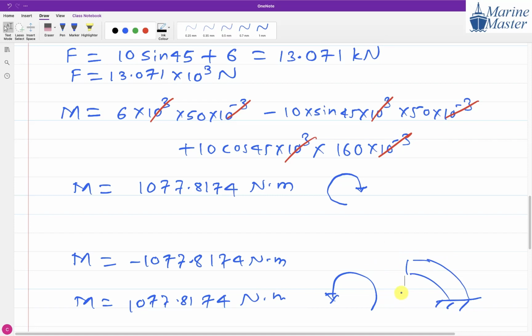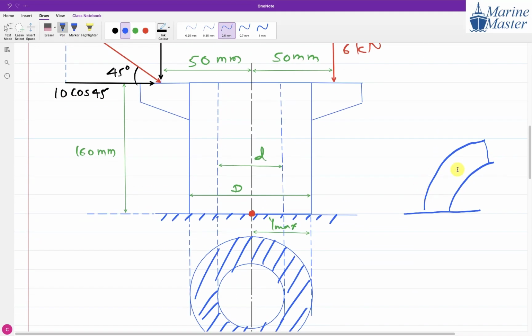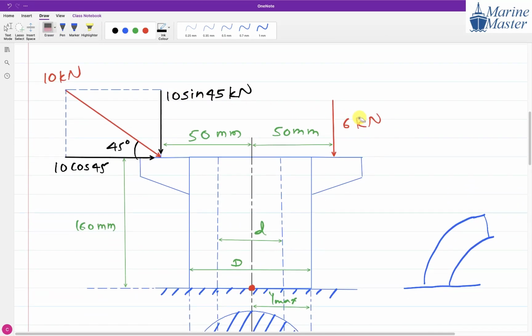Now you tell me why these things are very important for us. Why is the direction of this bending moment so important, and why is it necessary? If you have a positive value for this given scenario, clockwise, it means a bending is going to generate. Two effects are going to generate due to these three forces: 6 kilonewton, 10 sin 45 and 10 cos 45. One is a decrease in length of the column, meaning compression of the column, and another one is